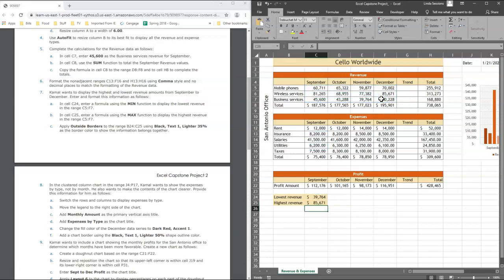I'm going to hit the enter key, and there's my max. I want to apply the outside borders to the range B24 to C25. So the first thing I need to do is just select the range. So I've got, I want B24 to C25. I'm going to come up here to my